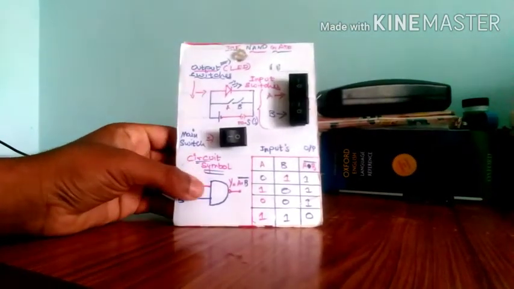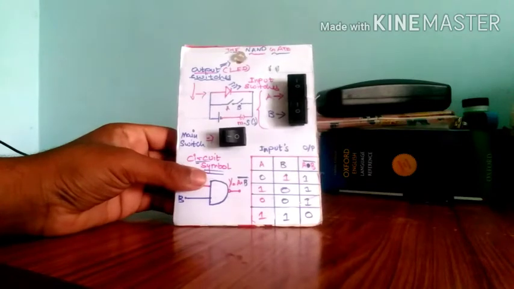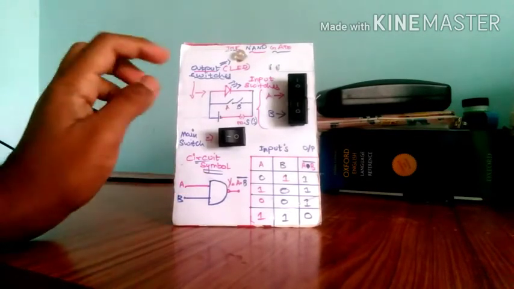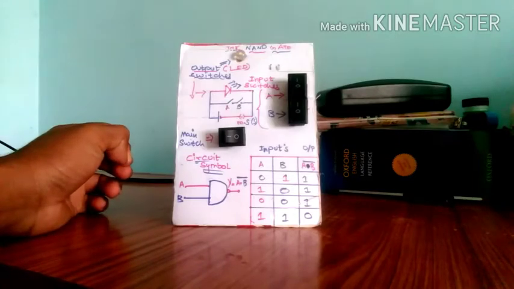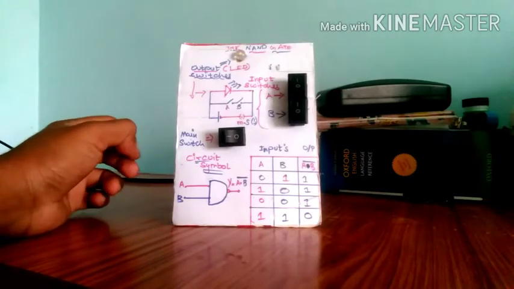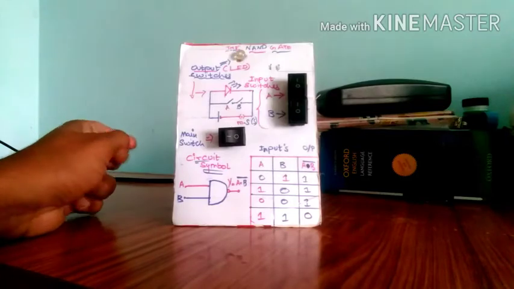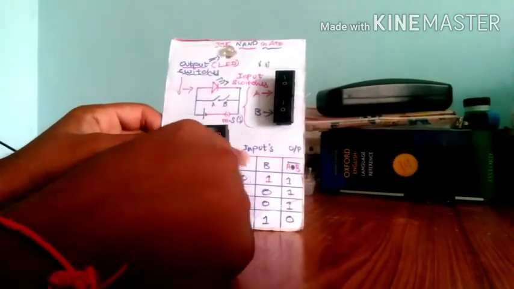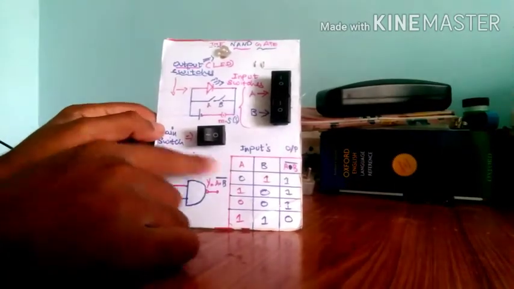Today we are going to make another part of a logic gate, that is the NAND gate, which is basically known as the derived gate, and this has been derived from the basic gates which are known as AND, OR and NOT gate. So this is the truth table representation of the NAND gate, and this is the circuit symbol for the NAND gate.